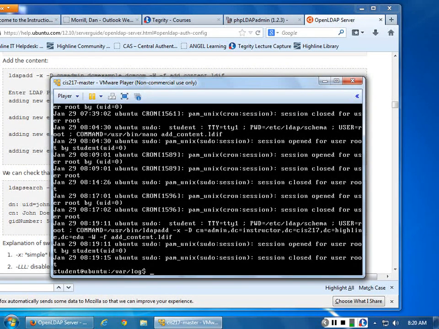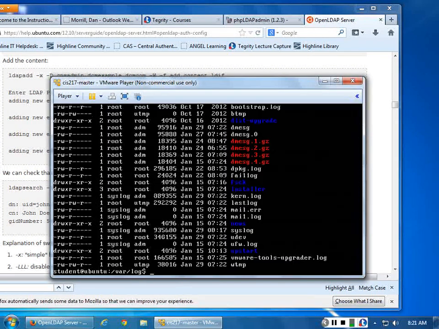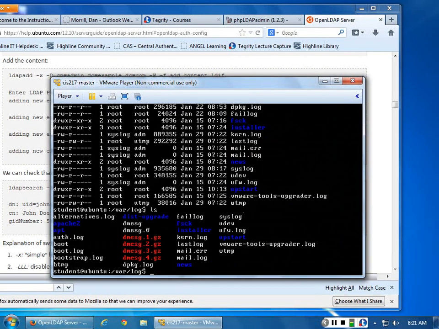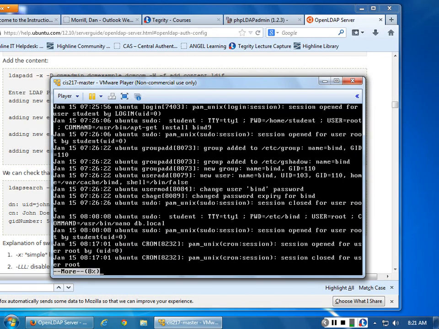So there's a log file called the auth log, just in case you haven't seen this before. This log will tell you everything about people trying to log in and log out. So when people try to log in and log out, you get to see what's going on here. If you go more on your auth.log, this will tell you all the authorized logins and usernames and everything else that is going on